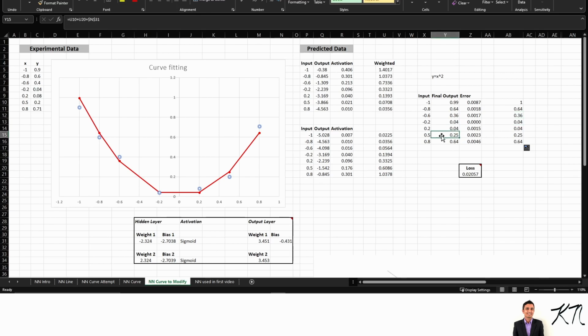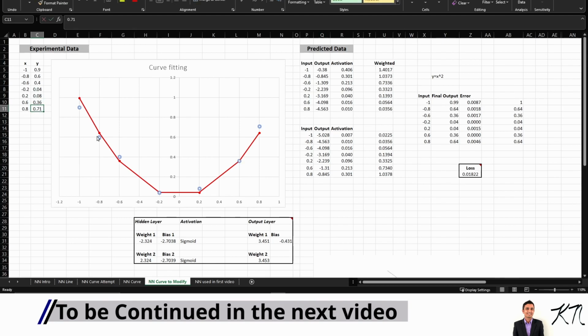Look at that. 0.5, 0.25, 0.25. Without even training it on that data, it has actually got the right answer. That is the power of what we're doing here. Let's try 0.6. There's the output, and it's correct. Now, forget about this because this is just experimental data, right? So I haven't changed this actual point. By right, what I should do is 0.36, right? So boom,